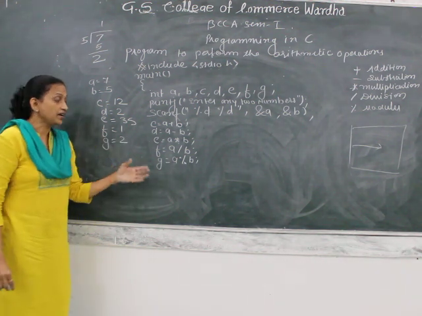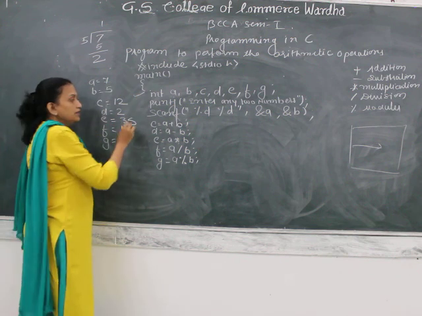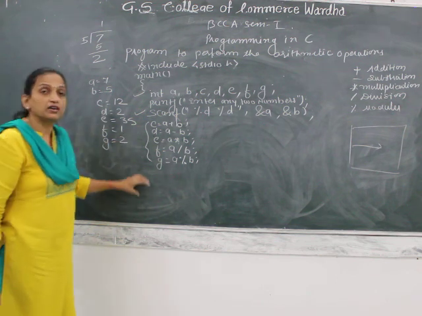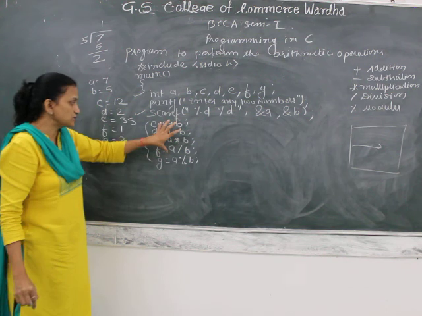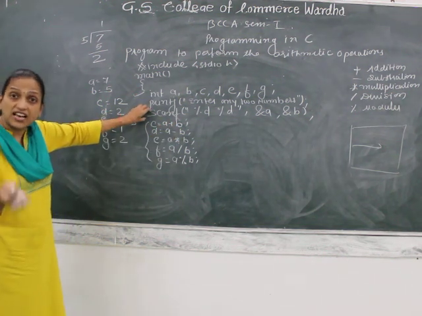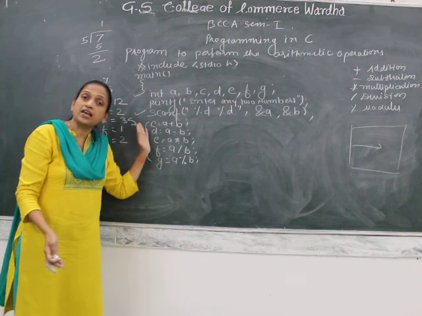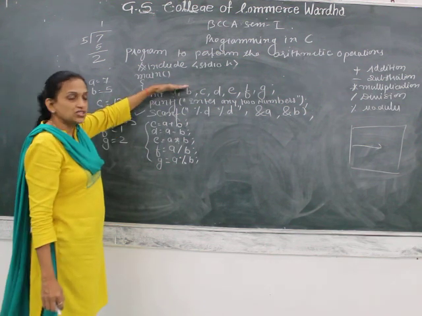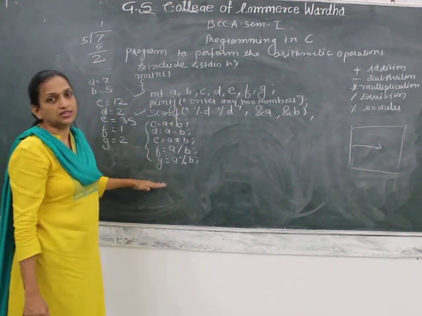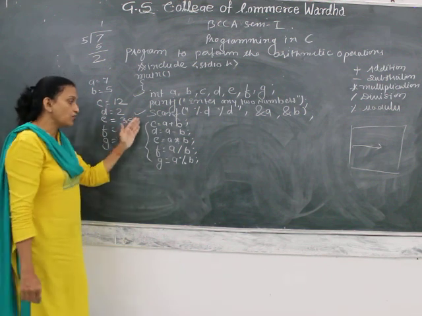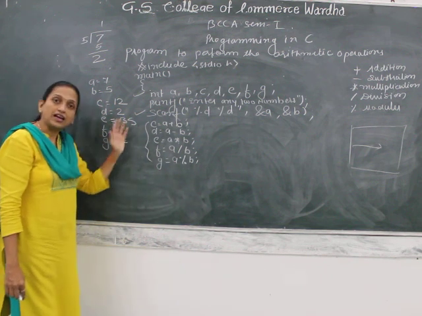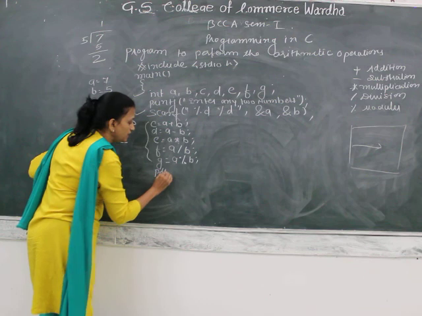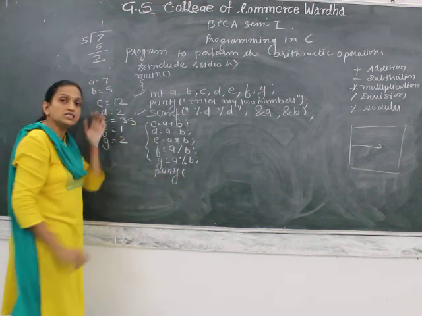Now the final part: here you declare, here you initialize, and here are all the statements where you write the processing. You can initialize values by using scanf or by using the assignment operator. So declaration, initialization and processing, and the fourth part is output. Whatever processing you made should be printed on the output screen. To print we have one function, and that is printf.